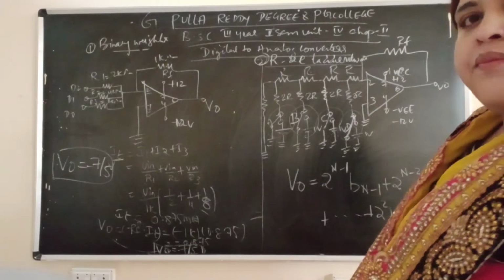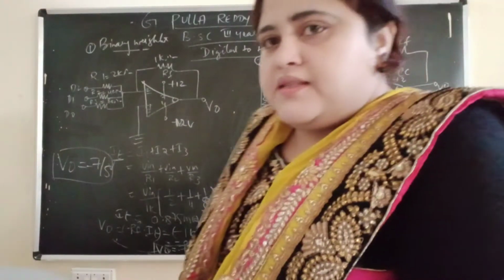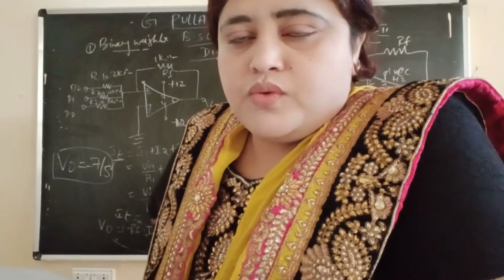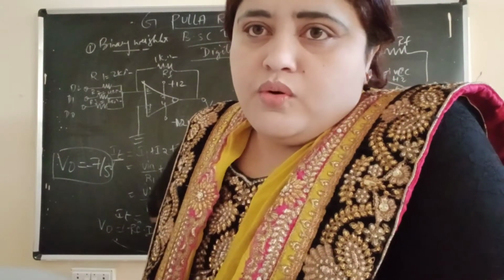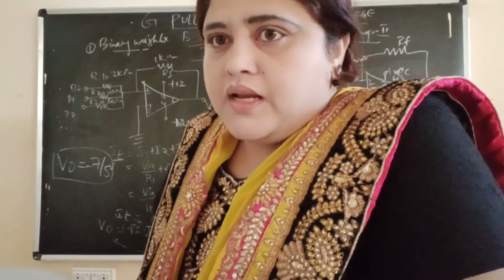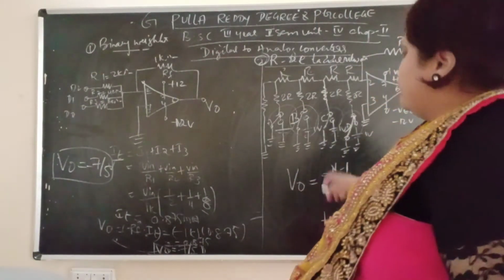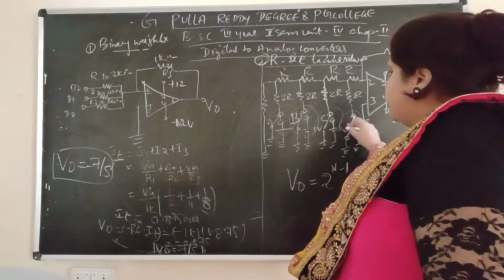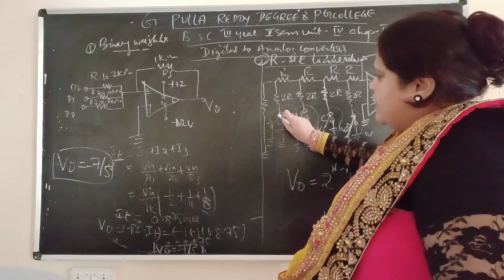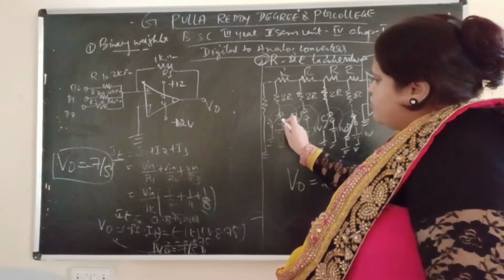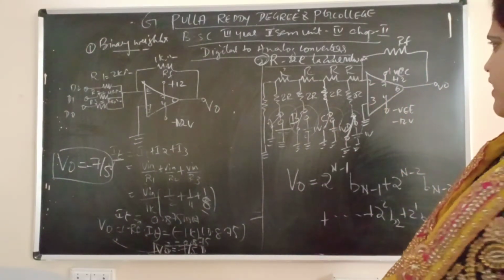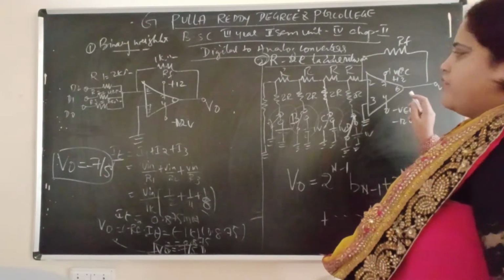Switches means digital input, which you can give only by the switches. A switch is either 0 or 1. You can give the input in the form of switches only. You are giving 4 inputs A, B, C, D, like 0, 0, 0, 1, 1, 0; you can give any value. If you connect the switch here, it is 0. If you connect the switch here, it is 1. So it depends on the switches. This is your R-2R ladder network method.